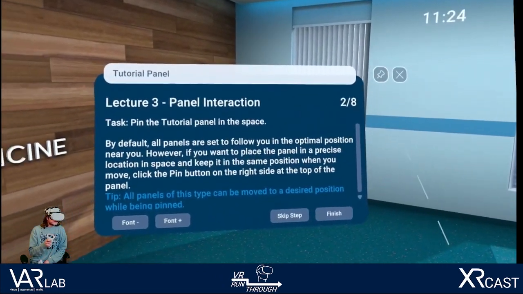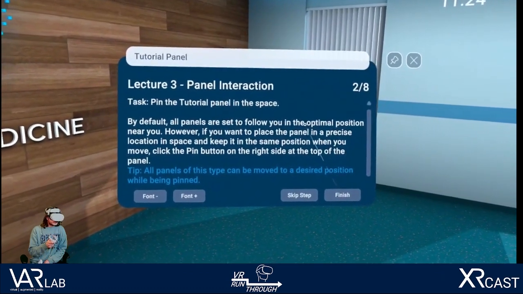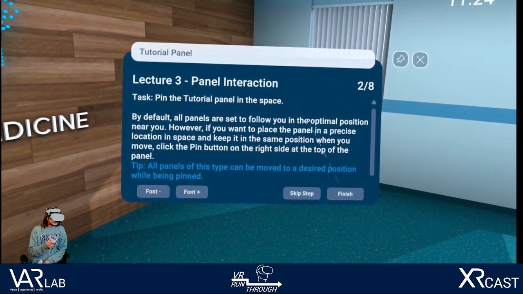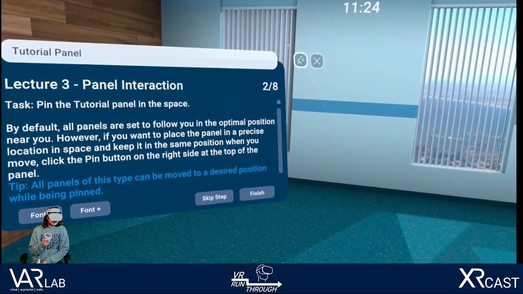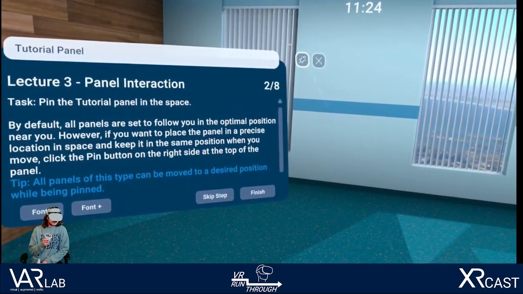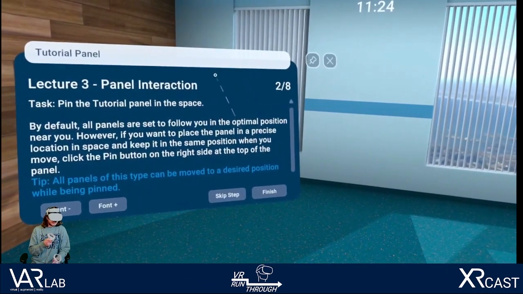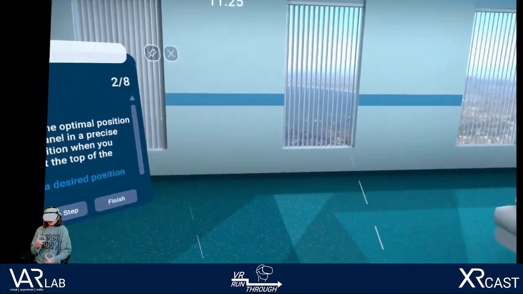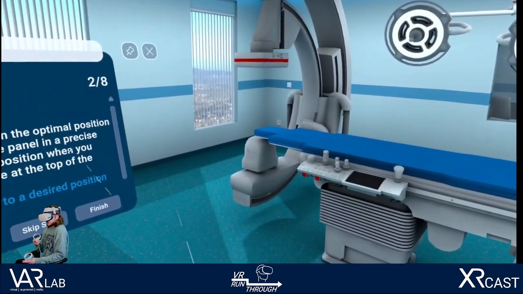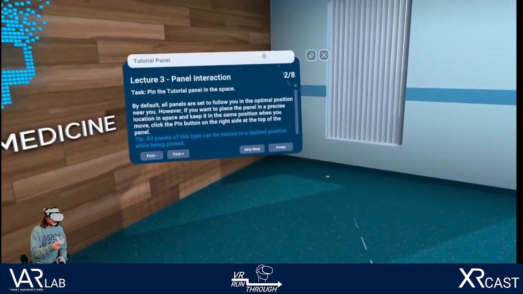However, if you want to place the panel in a precise location in space and keep it in the same position when you move, click the pin button on the right side at the top of the panel. Tip, all panels of this type can be moved to a desired position while being pinned. So what they mean by that is it's kind of convenient if I have this here and it's not pinned and I look this way, you can see it following right kind of to my side here. But if I wanted it over there and stay there,